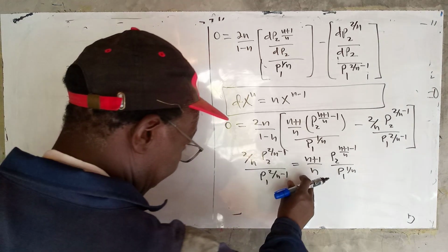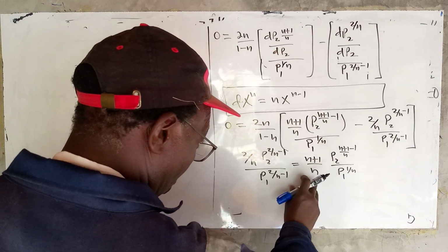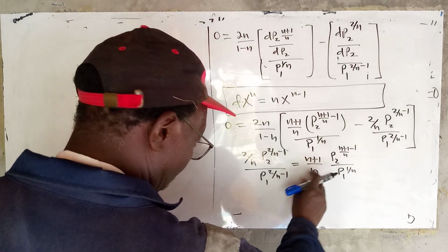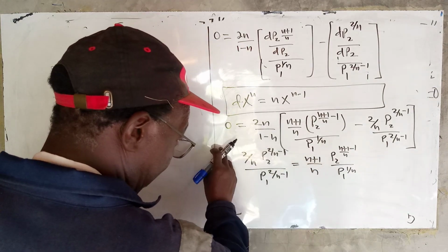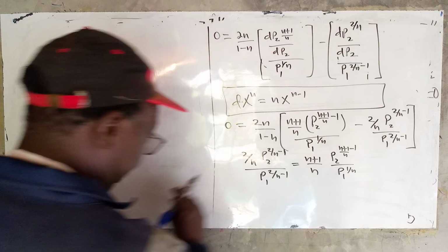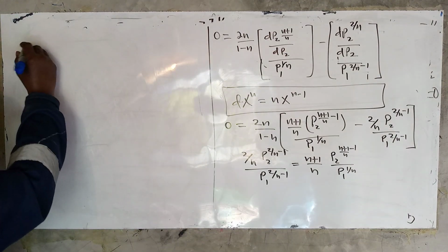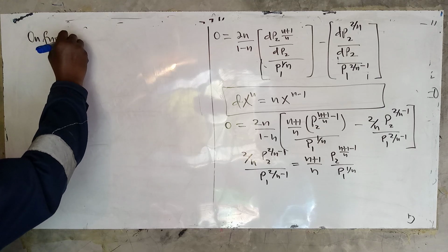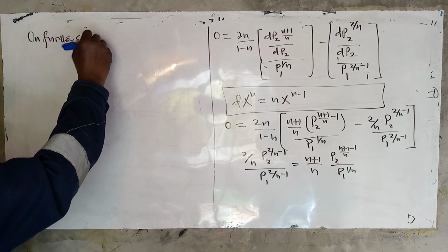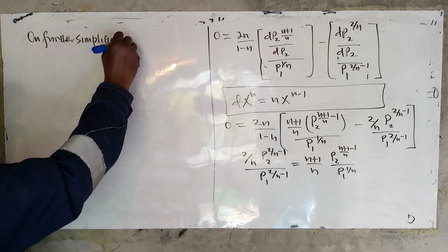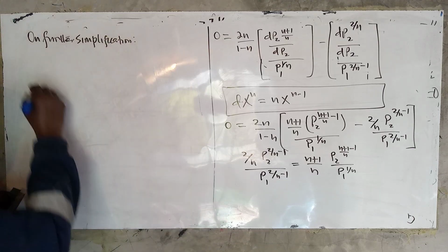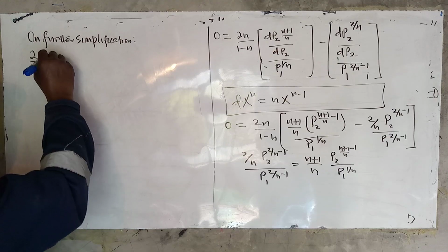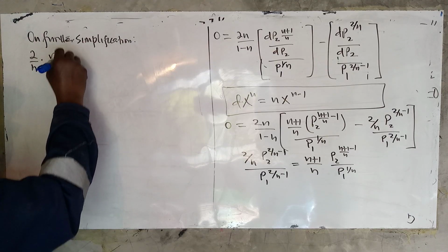So what do we have here? We can choose to take the n plus 1 this side, just cross multiply by n over n plus 1. So on further simplification, we simplify it further and multiply 2 over n times n over n plus 1